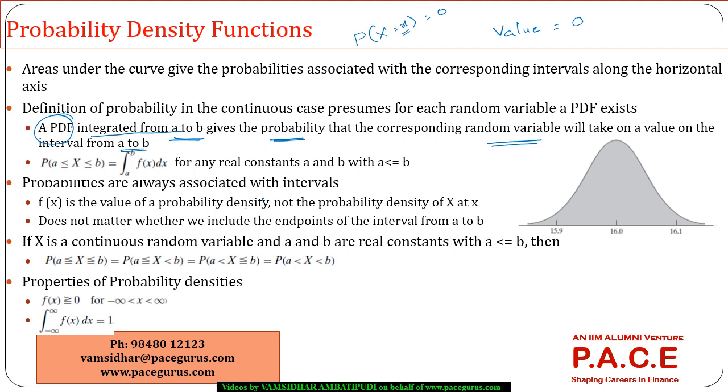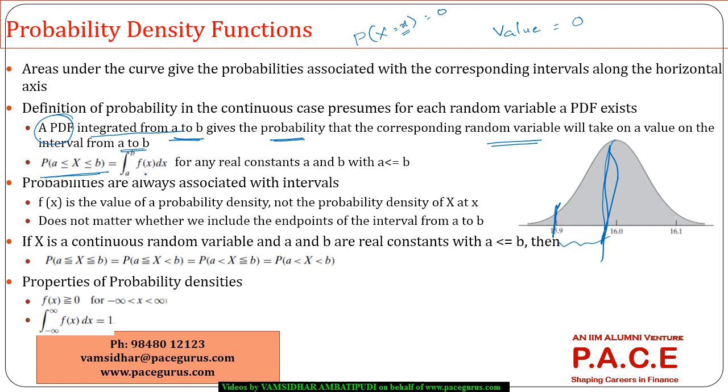We are taking a PDF, and that particular PDF we are integrating between A and B. So if I am integrating this PDF between 15.9 and 16, it will give me the probability that this random variable will take a value between 15.9 and 16. So this is how we get the probability of A less than or equal to X less than or equal to